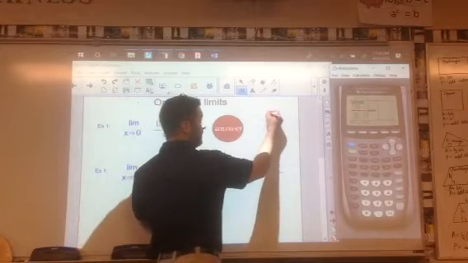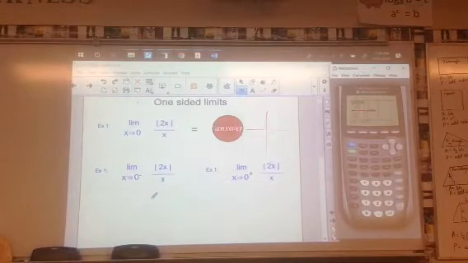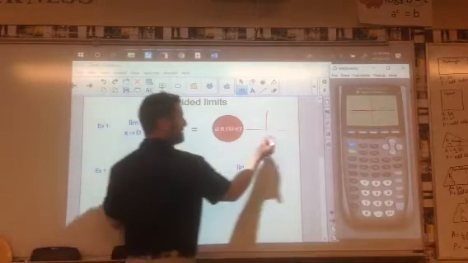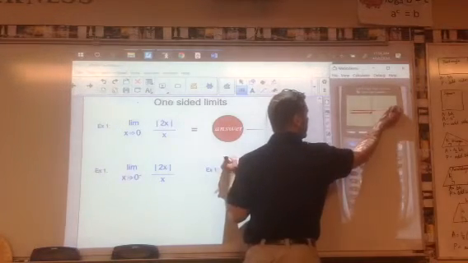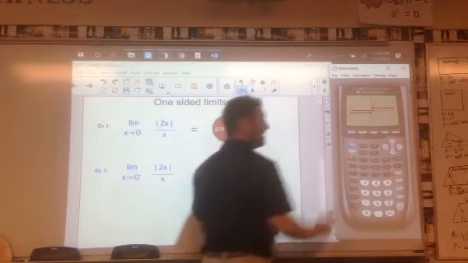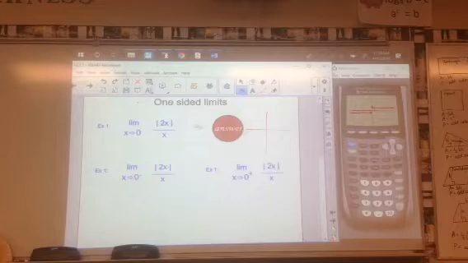Graphically, I'm going to hit the graph button. What I have is this set of lines coming like this, and this set of lines coming like this. Because they don't come together, we say the limit does not exist. However,